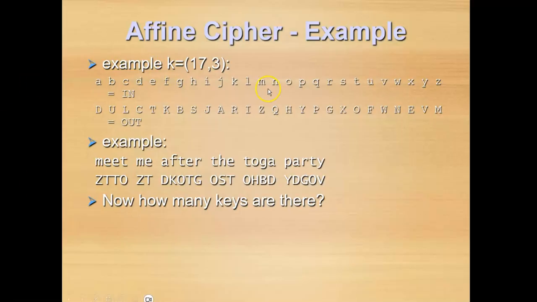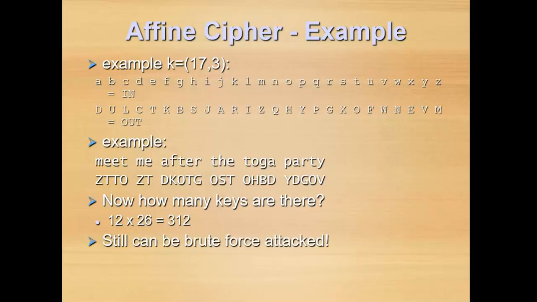Now let us analyze how many keys are used in this one. Again, 26 possible characters are there, but we are multiplying this by the affine value A, which is relatively prime to 26. Totally 12 numbers are relatively prime to 26. So, we can have a total number of keys as 12 into 26, that is 312. Again, with the help of a brute force attack we can